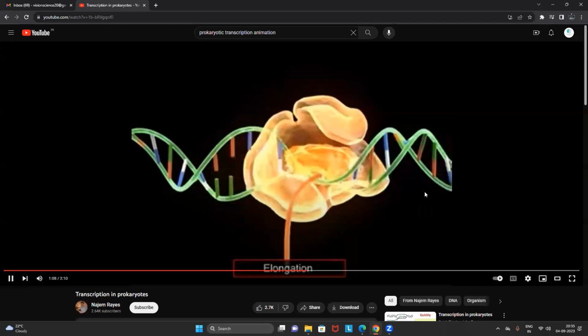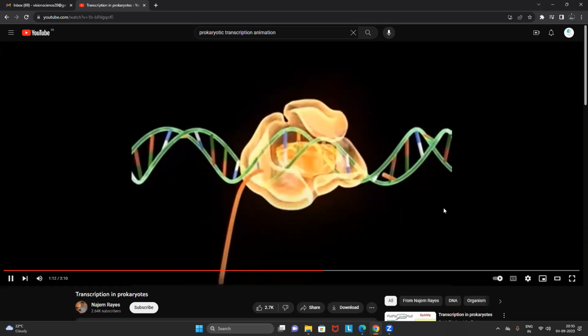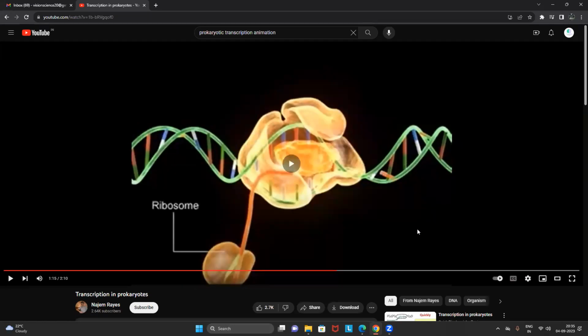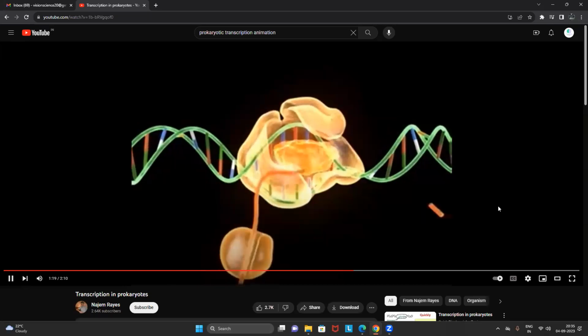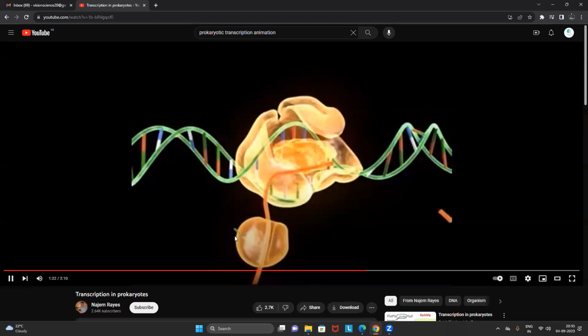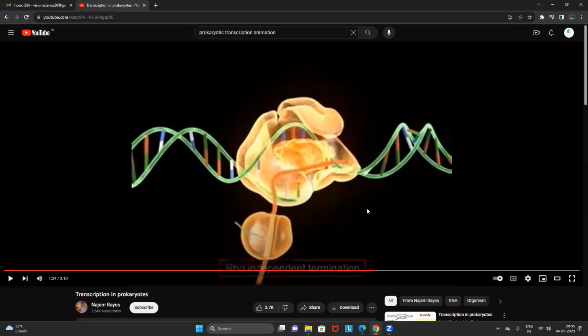Look into that. See that mRNA is coming out. Now what will come? Look into that. The ribosome is coming now. See that, the ribosome came there and it starts synthesizing the protein directly. Now you can see, right, the small green colored one is coming out. That is only protein. Now, once the RNA polymerase reaches the termination site, two types of terminations happen.